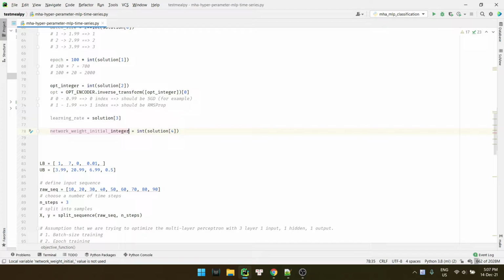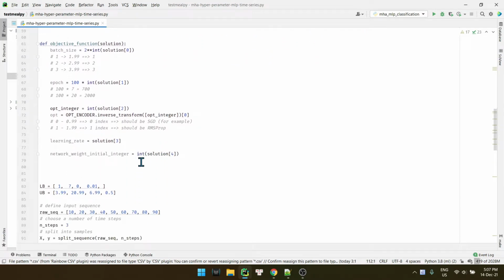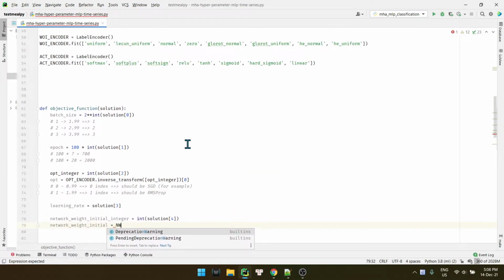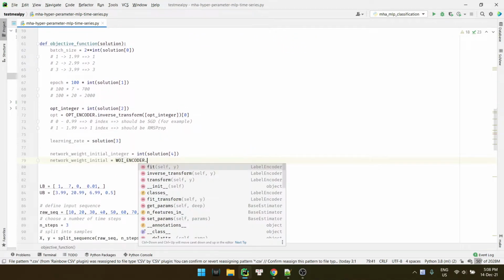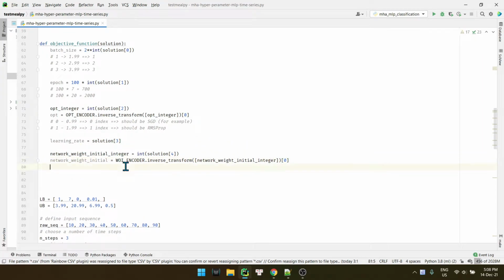Initial should be an integer, alright. Okay, so initial should be inverse transform with integer, and we get the third element, right?